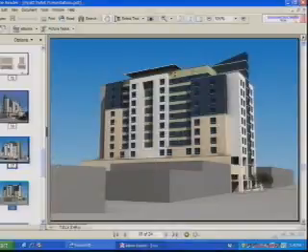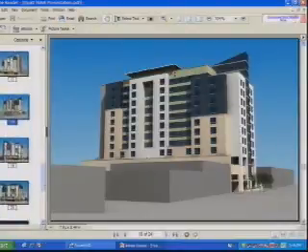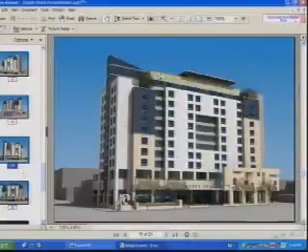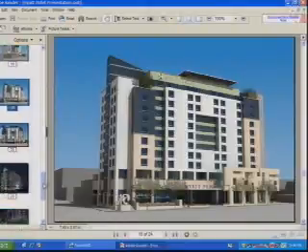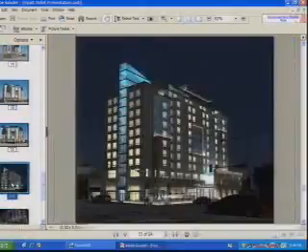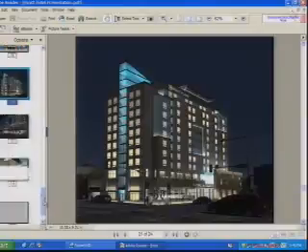Jumping ahead of myself here, this is another slide where we're looking south from Central Avenue. You can see the elements coming in and out. There's a good articulation on the building. And just to continue, this is from Wilson Avenue, looking north towards Central. And a few more night shots. This is how it's going to look at nighttime.